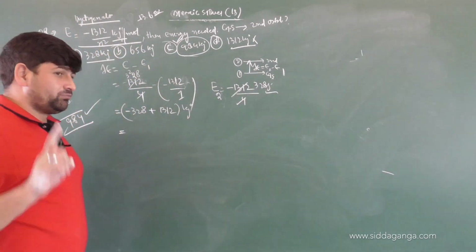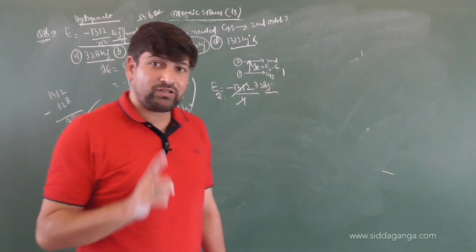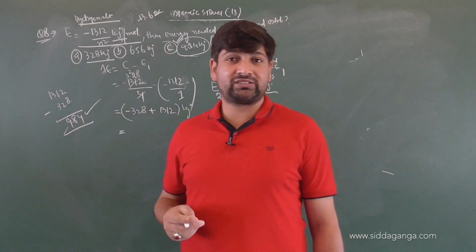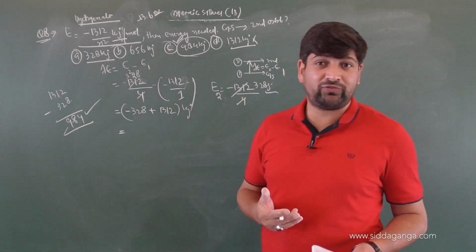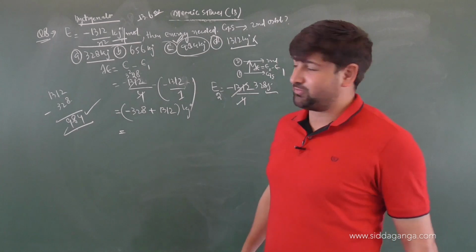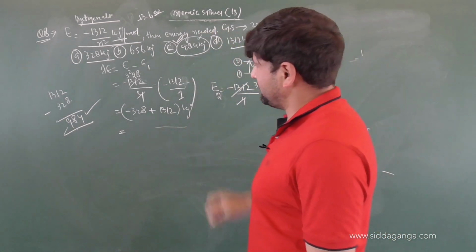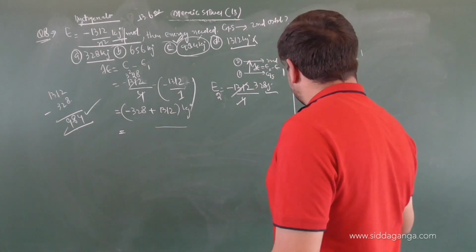Most of the time you will do it wrong because you will calculate the energy with respect to the second orbit. That's not correct. Here the question asked is the amount of energy required for excitation. Am I clear? So the correct option is which one? Option 3 for this question. Very good. Let us see question number 9.